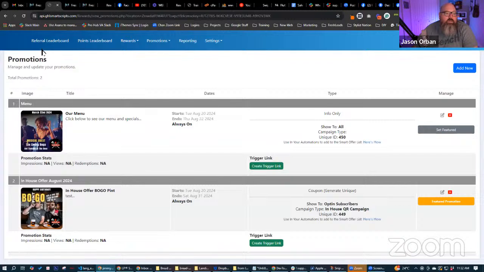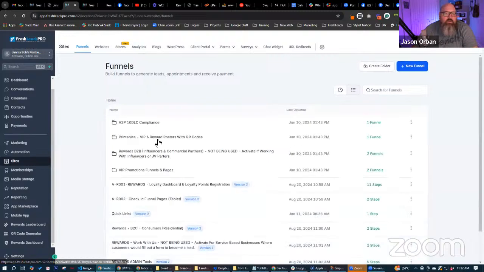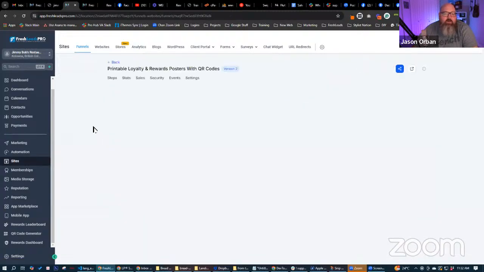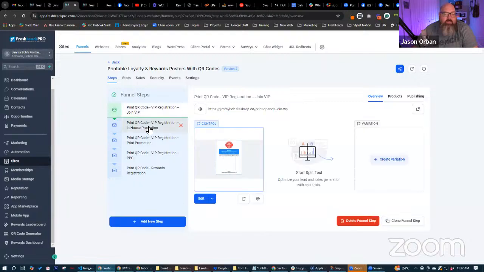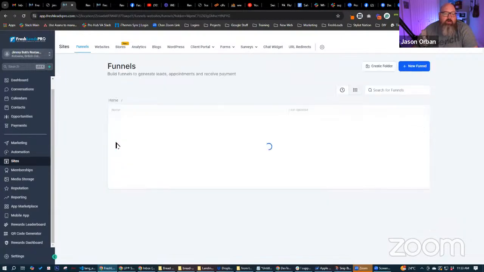So we're signed up under Jimmy's here. Let's go back to this page. Let's go to sites. Now, a couple different things: we can go to QR codes, so we can test this out. This is going to be the in-house promotion. We can pop this up and scan this QR code and it'll take us over so we can register. Or we could just go directly to the VIP promotions page,